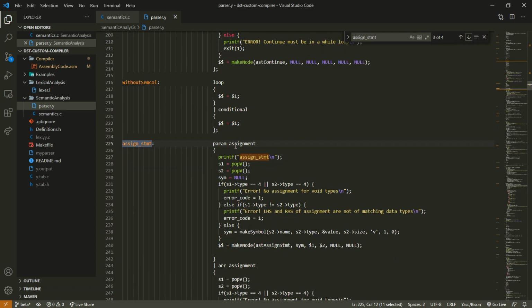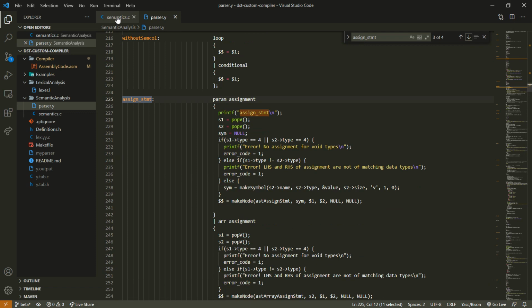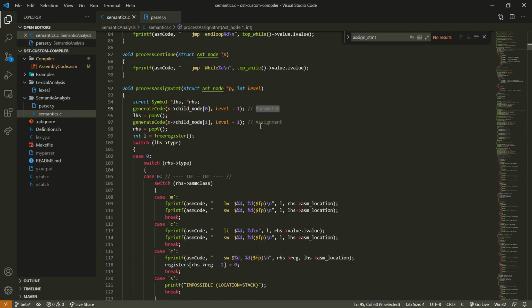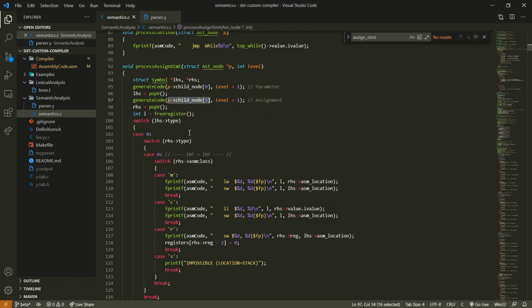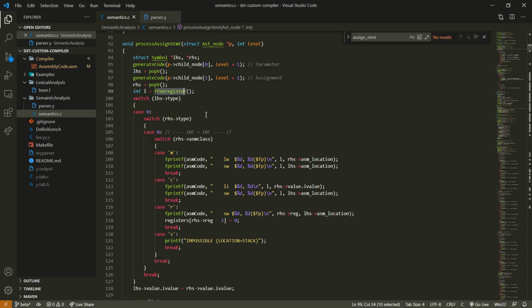So we have our param assignment or arr and assignment. The same level we are following here. We have a parameter and we have assignment. As each node can have various children, we pass on to appropriate children, and recursively that will generate the code. And for the AST node itself, free register is a utility function that we have created, as we have a list of 20 registers in our MIPS, and based on that we are getting whatever register is free at a given time.